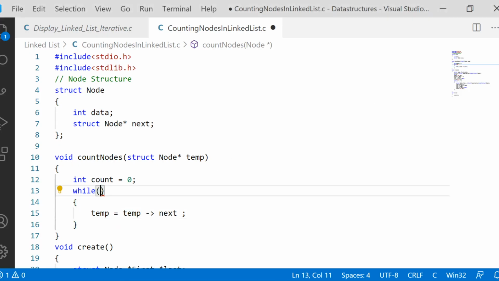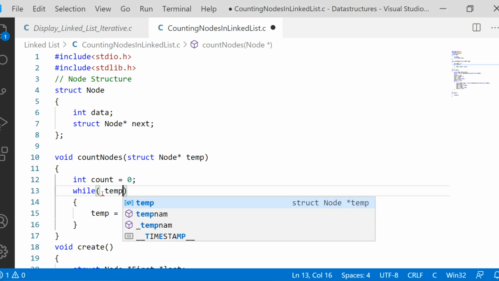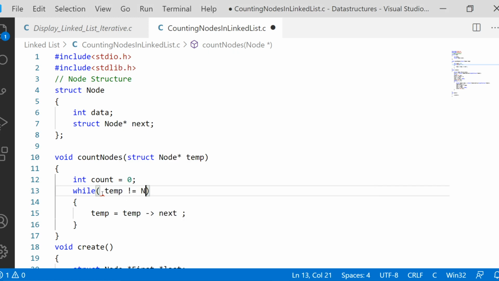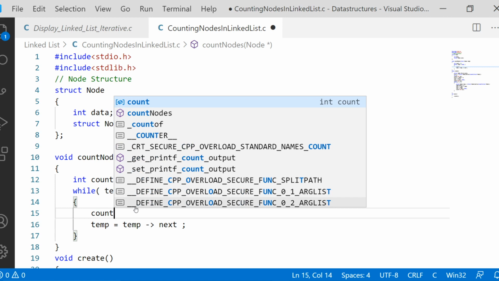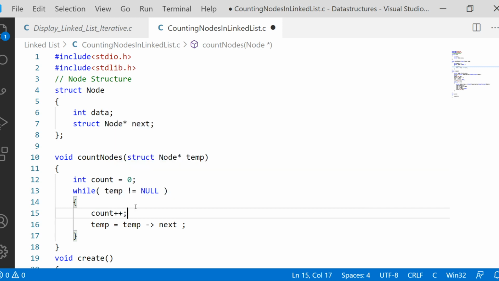So the condition that I am going to provide is temp not equal to null. So while temp is not equal to null, temp equal to temp of next will be executed. And before this temp equal to temp of next, we were planning to increment the variable count, which means that you are counting the particular node.